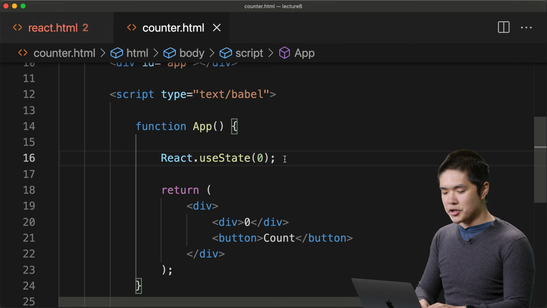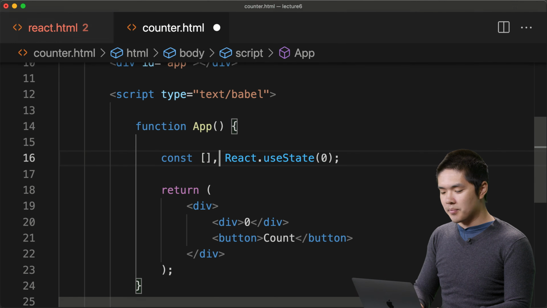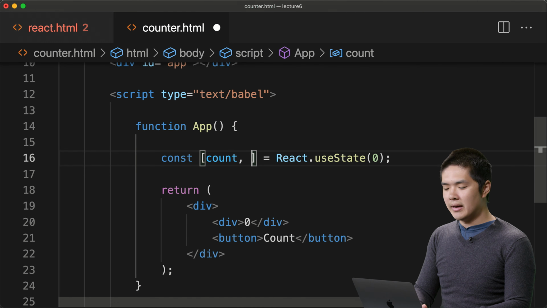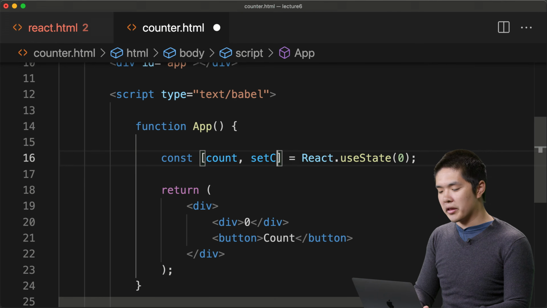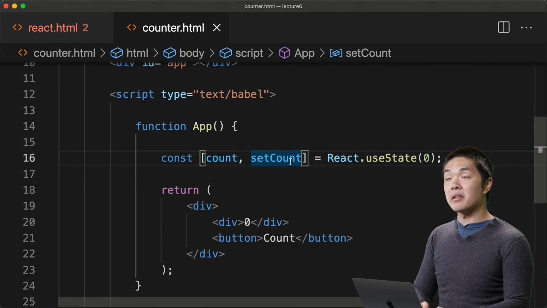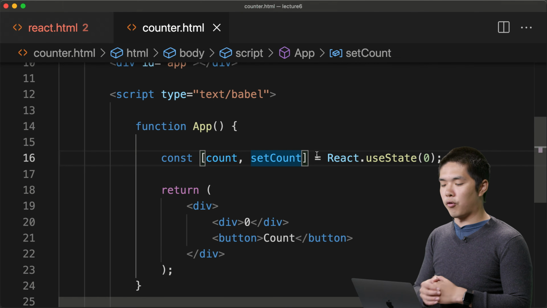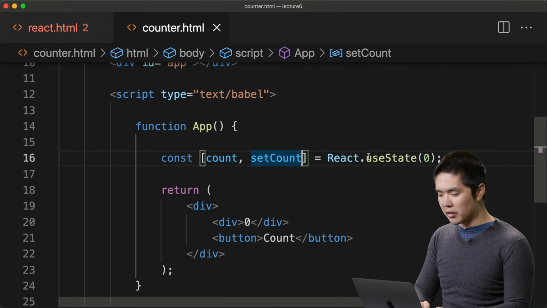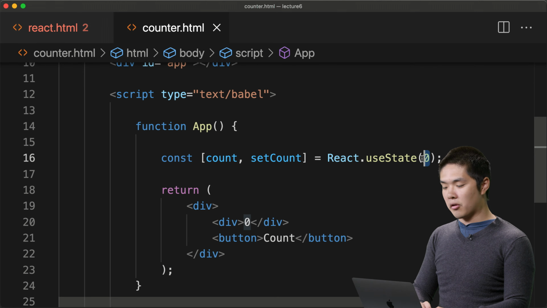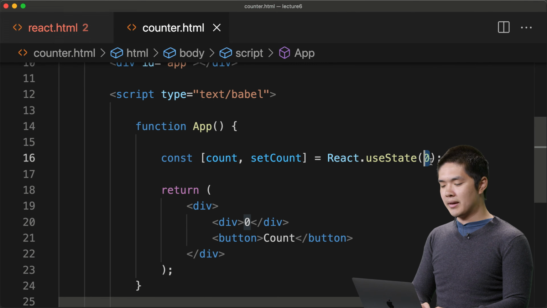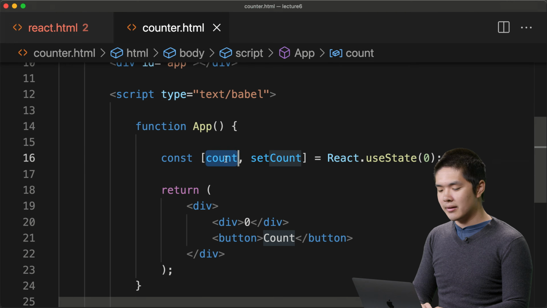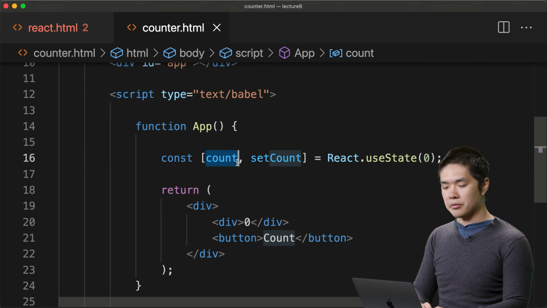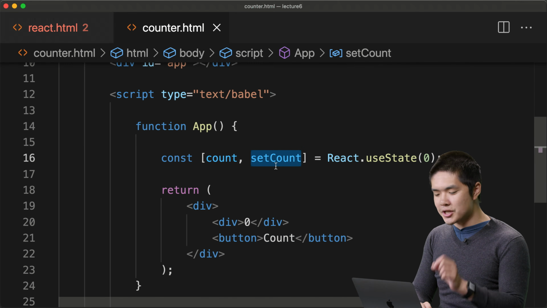And what this useState function returns is really an array of 2 things. It's going to be a variable that I can give a name to. I'll call it count. And also a function that I'm going to call setCount. And that function is going to allow me to set the value for the state if ever I need to change the state at some point in the future. So this useState function accepts 0, the initial state, as its argument. And then I get two things back. I get the state variable itself, called count, and I get a function for changing that state when I need